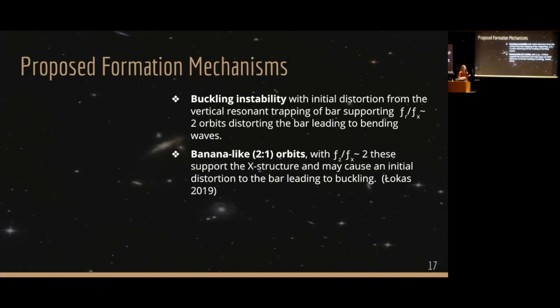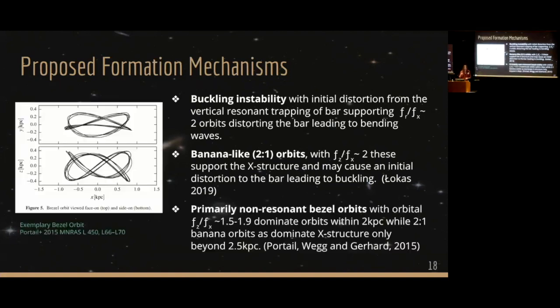these guys have been proposed to be responsible for stimulating a buckling instability in some galaxies and in some simulations. But I do want to also point out that you don't have to have a buckling instability to form it. As I mentioned before, you don't have to have buckling to happen to get the X structure. So one proposed mechanism that doesn't require buckling is these bezel orbits, a family of bezel orbits as described in detail by Portail, Wegg, and Gerhard in 2015. These bezel orbits are not 2-to-1 in Z to X, but are lower than that,